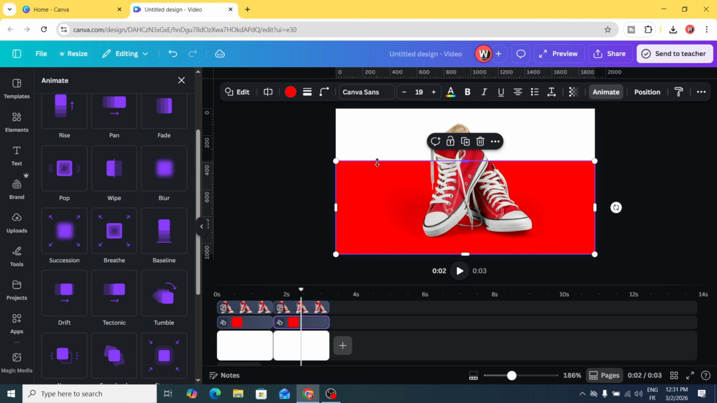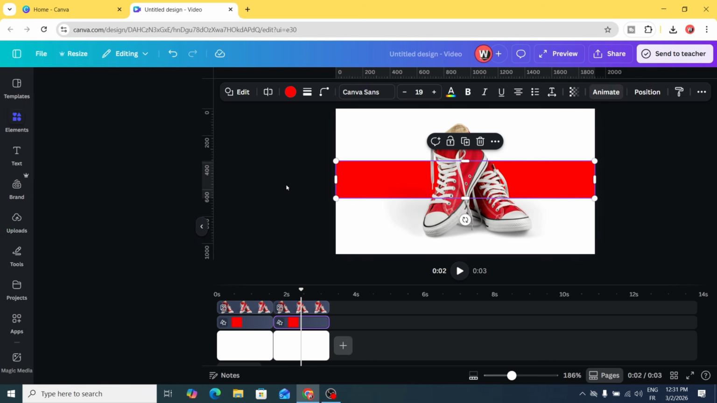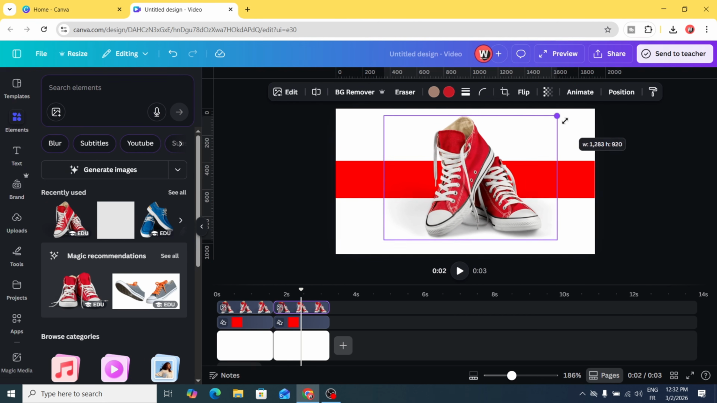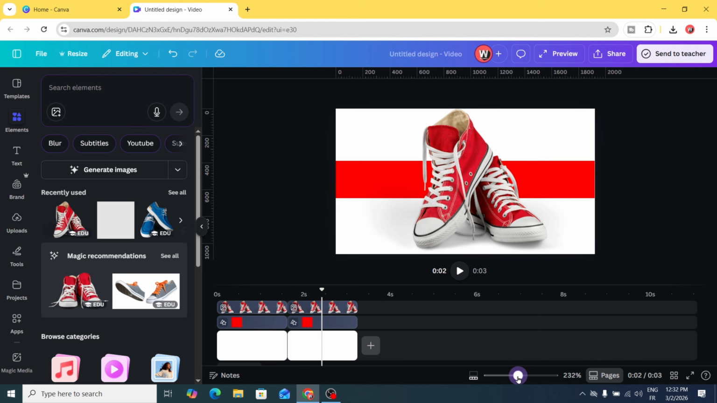and let's resize this shape like this and increase the size of this image. Let's make this timeline bigger